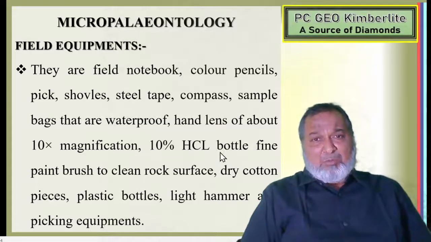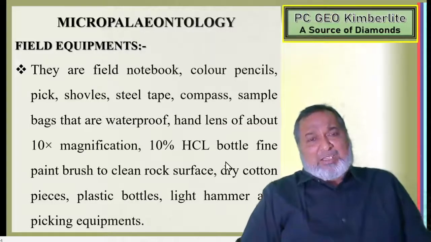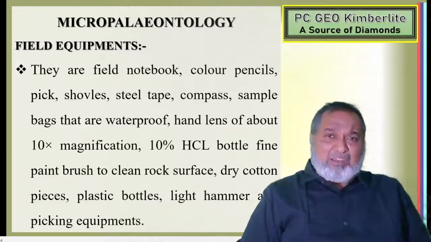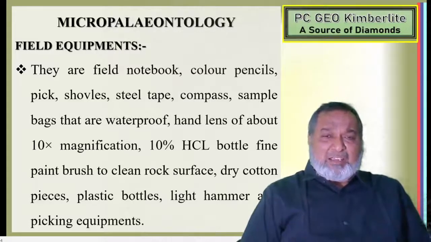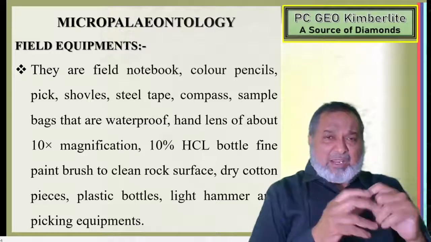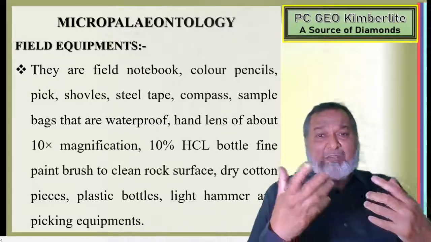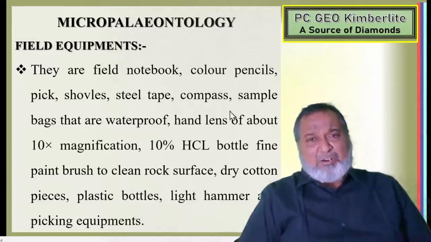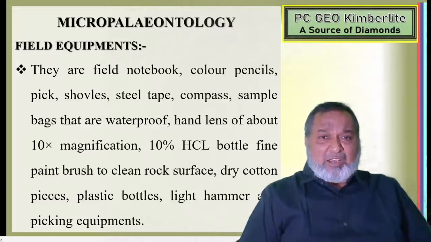The HCl bottle, you have to keep separate, and put one drop onto that rock itself. If the reaction comes out, then we can confirm that the rock is a calcareous one. Similarly, if we get a tiny fossil, put a drop on that and check whether it is calcareous or fossil. So you can make it a simple test. It is not easy to get such a bottle, but it is a very handy one.